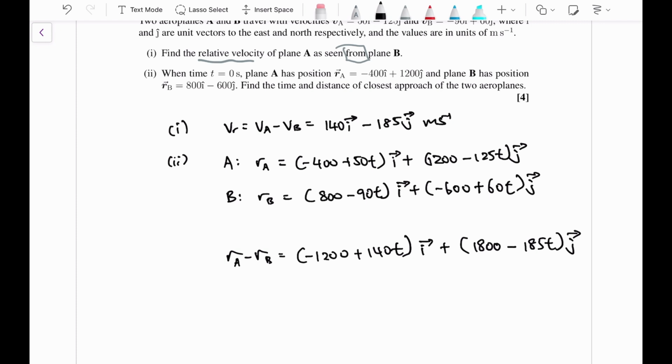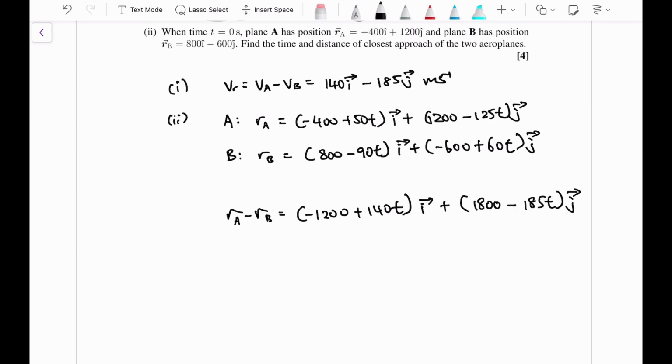The next thing we can do, my idea is that we can change this into a polar form, but we don't need the angle, because what we want is simply the distance. In vector form, we can't actually do anything about finding the minimum distance. So maybe we'll convert it into the actual magnitude of this relative position. Let's represent it with some kind of variable, say r. So r squared will be equal to